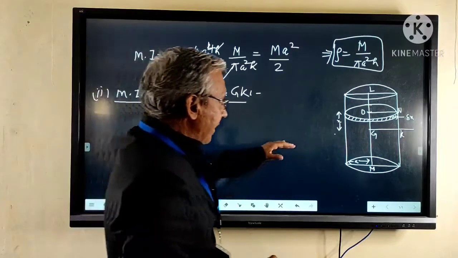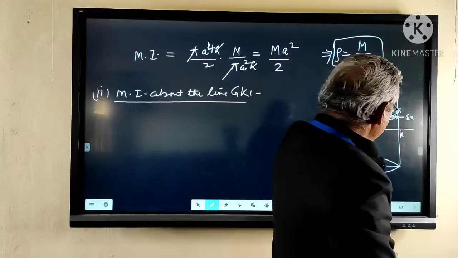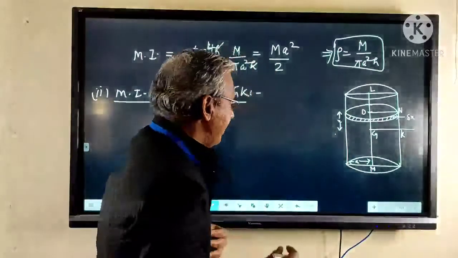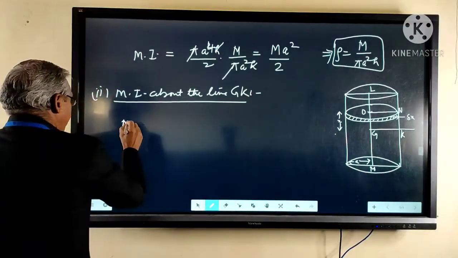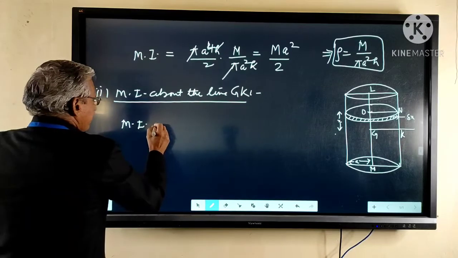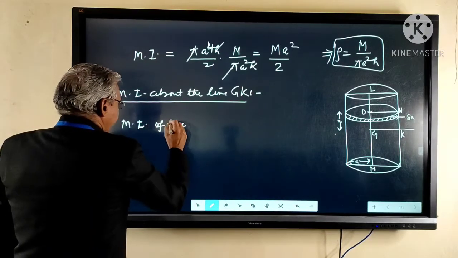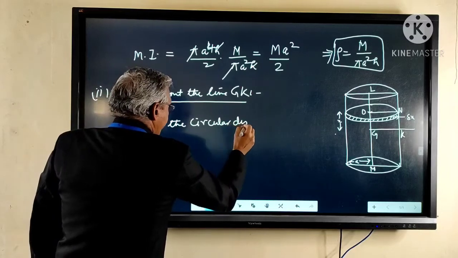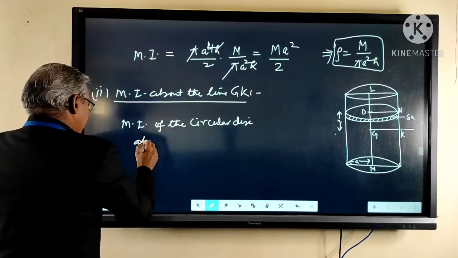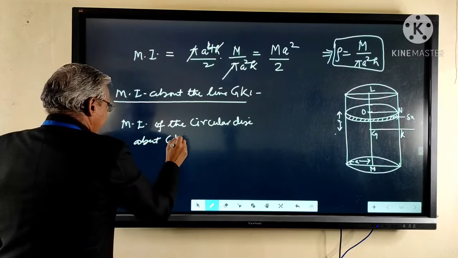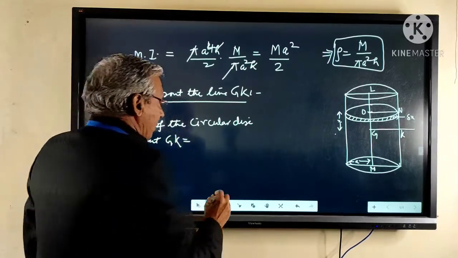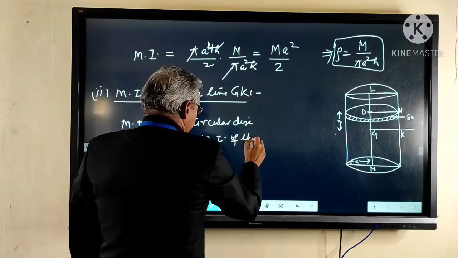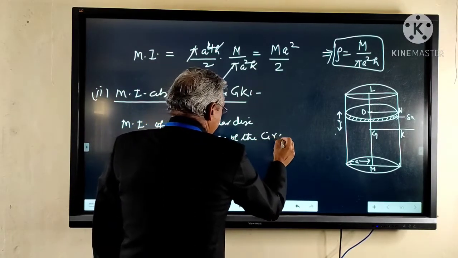तो GK लाइन के मोमेंटम से निकालने सबसे पहले अपन ये जो सर्कुलर डिस्क है इसका अपन GK अबाउट मोमेंट ऑफ इनर्शिया निकाल लेंगे. तो मोमेंट ऑफ इनर्शिया of the circular disc about GK equals to moment of inertia of the circular disc